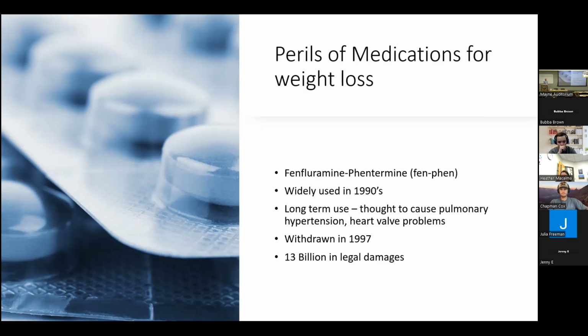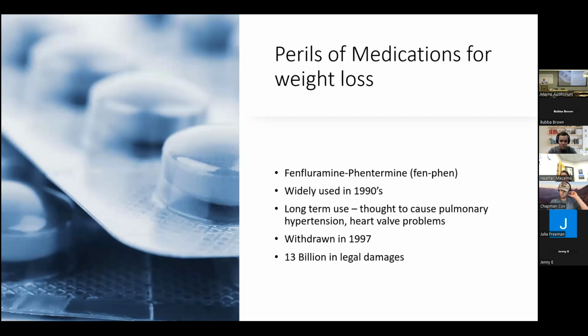So fen-phen became all the rage because it helped people lose a pretty good amount of weight, 10, 15 pounds that they wanted. That was very stubborn. But what happens when you give drugs after you get out of a trial, and instead of giving them to a small population, you give them to thousands and tens of thousands of people, you end up seeing the side effects that you can't see in a very small population. And so with fen-phen,